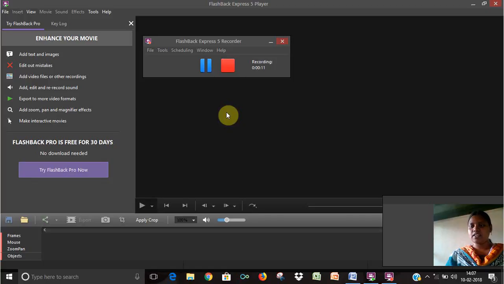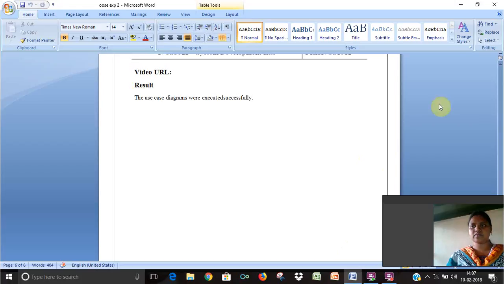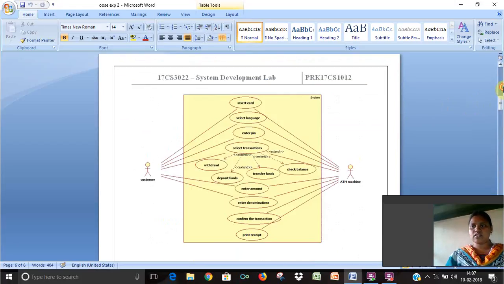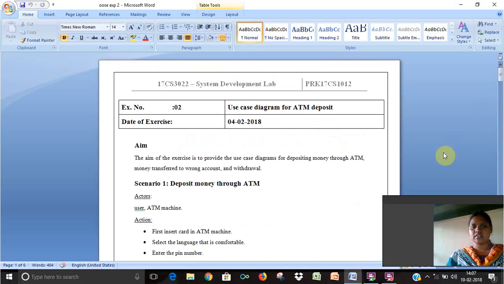So, the second experiment is drawing use case diagrams for the given scenarios. The main aim of the experiment is to provide the use case diagrams for depositing money through ATM, money transferred to wrong account, and withdrawal, but the cash does not come from the machine. So coming to the first scenario,